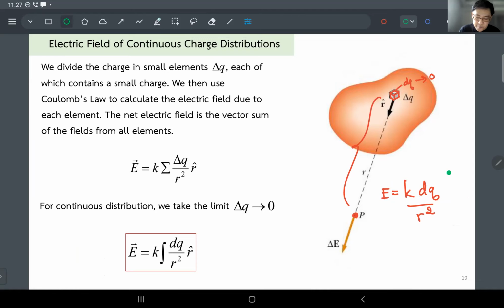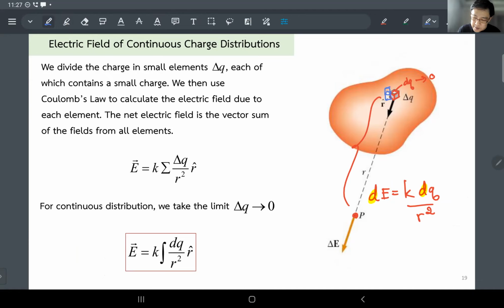But for now, because your charge is small, your field is probably super small as well. So I'm going to put the differential notation there in the front as well. See? They come hand in hand. The dq, super small charge, will give you dE, the super small E. And then the next step is you just have to move on, do the next one,